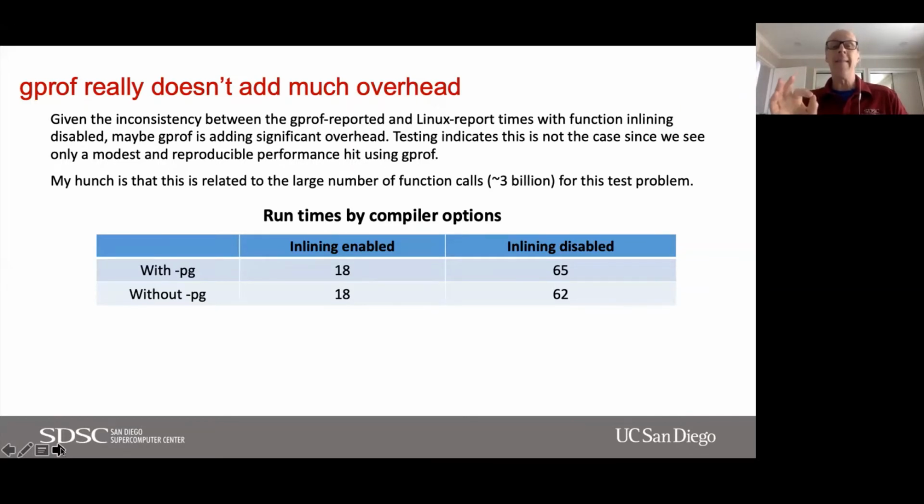Now, this isn't necessarily the case with some of the other profiling tools out there. There's a really fantastic tool called Tau, which is used more for analyzing parallel applications, determining where the bottlenecks are, identifying the patterns of communication, which actually adds quite a bit of overhead. And then Tau will try to estimate what that overhead is and subtract it out, but it's not quite accurate. But either way, you're still going to see a big impact on the performance.